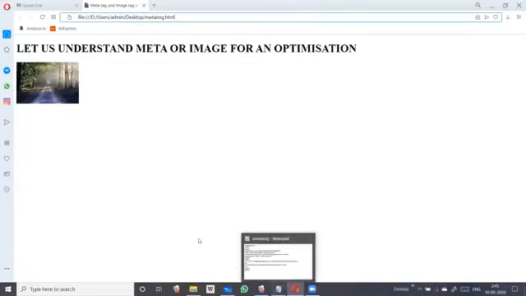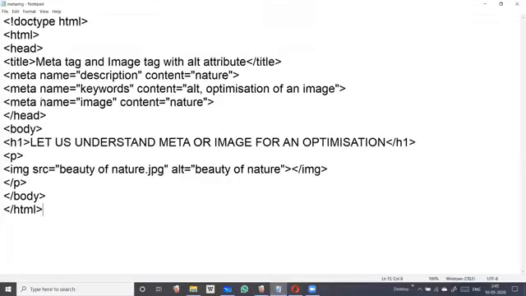As you can see, the image is displayed, the heading is displayed, and whatever we have written in the meta tag is not displayed. Why is it not displayed, students? Because it is in the head part, which is visible only to the HTML document. Now we'll remove this image and see how the alt attribute works.